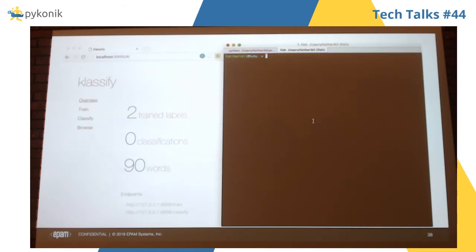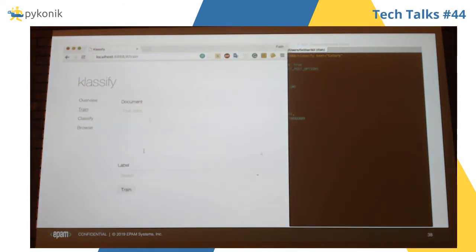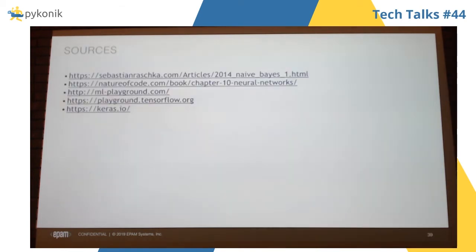It has an HTTP REST API. I'm calling the train endpoint and the classify endpoint. For instance, colors should be related with art. So we already saw that.